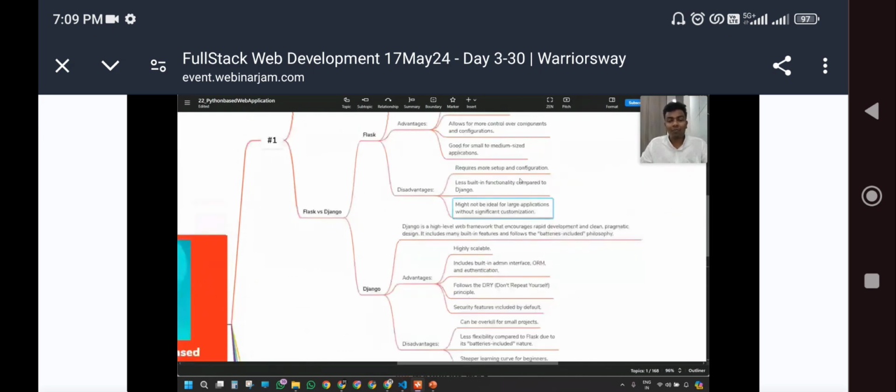So moreover, if you want to create a small application with good flexibility that is easy to develop, you can go for Flask. And those people who are going to create a bigger application with a lot of features, which requires a lot of built-in functions that can be easily called and used, you can go for Django.